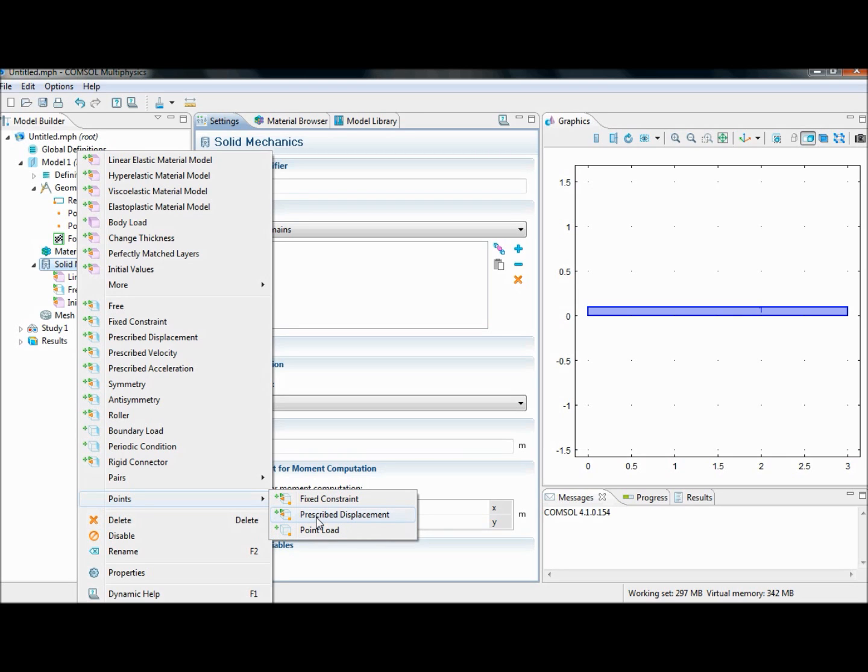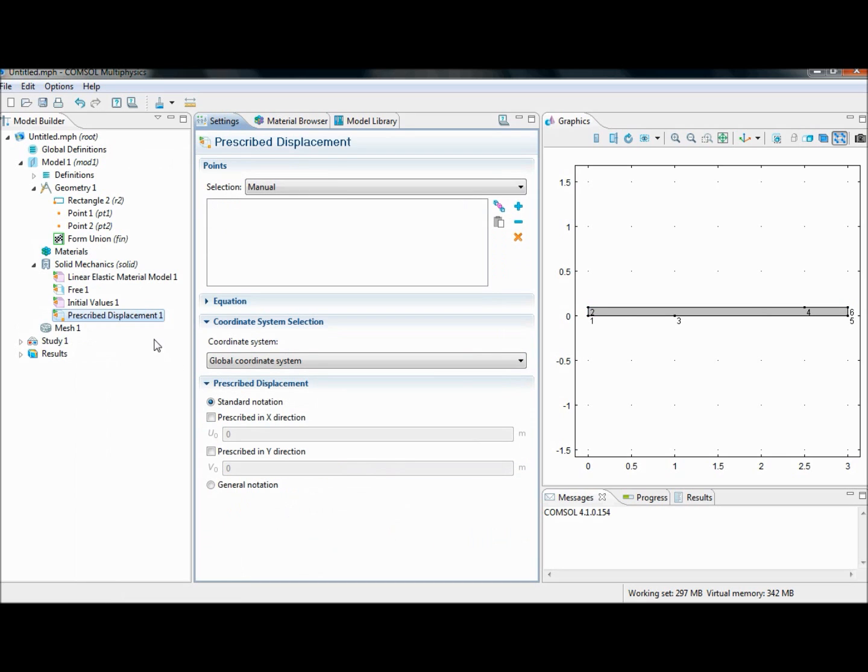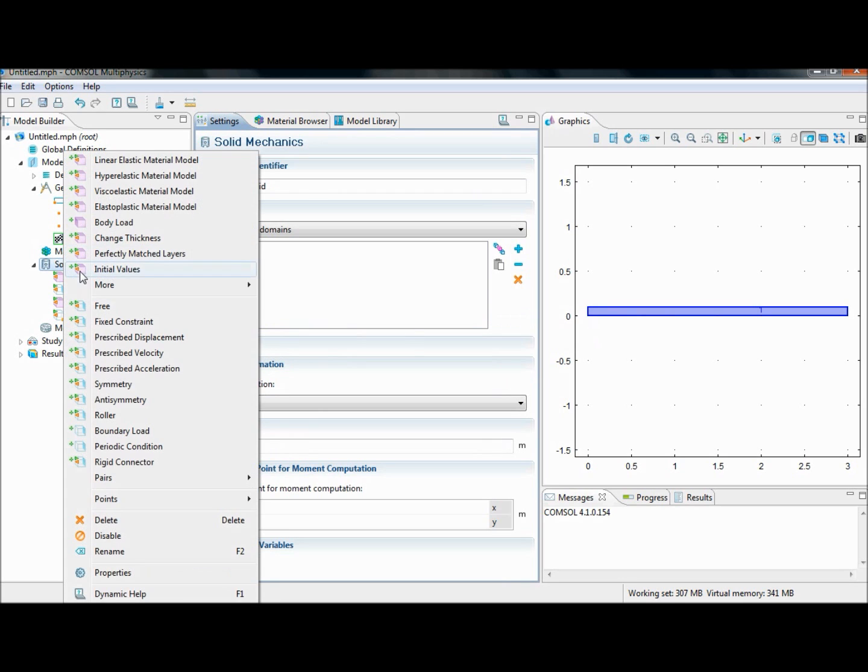So let's first go to prescribed displacement, and the first thing I'm going to do is choose point 1 and add that to the model, and then I'm going to prescribe that motion to be prescribed at 0 in the x and y directions. Okay. Then I need to make another